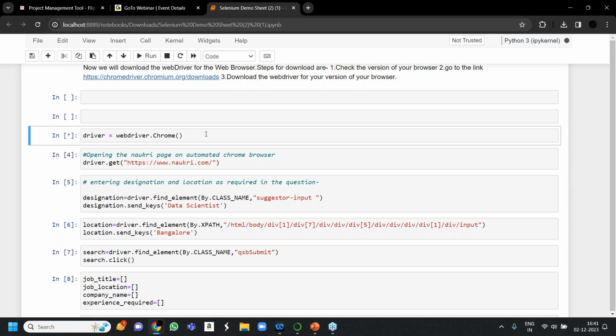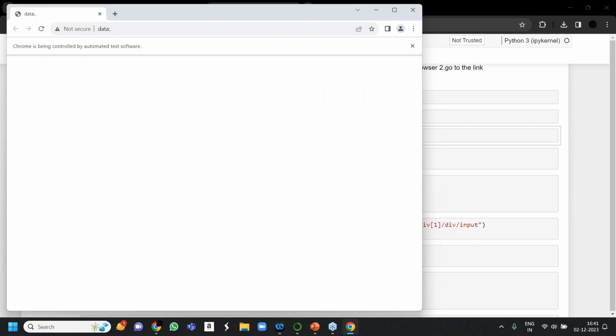Let me run this code. Can you see this window? Can everyone see this? This is the blank window, which is, you can see written over here, Chrome is being controlled by automated test software, which is Selenium.